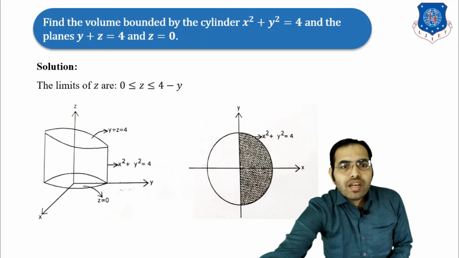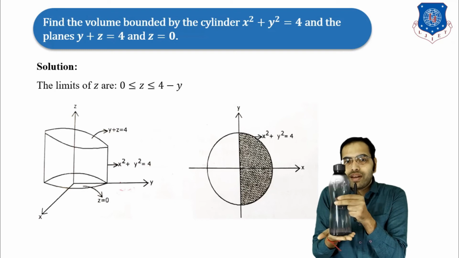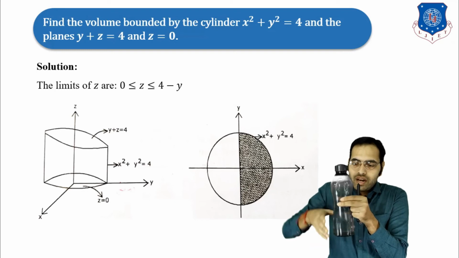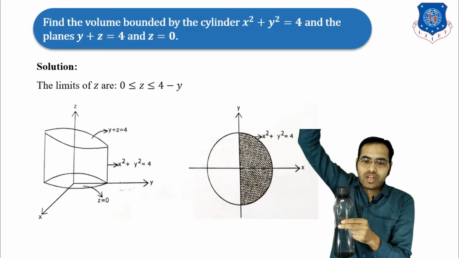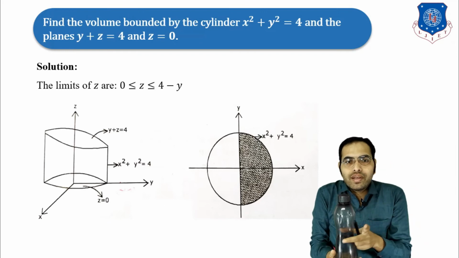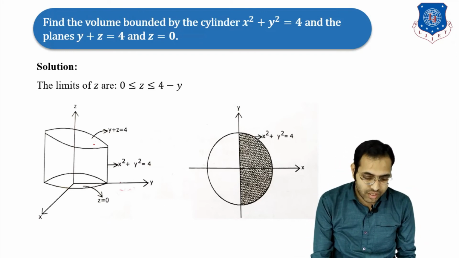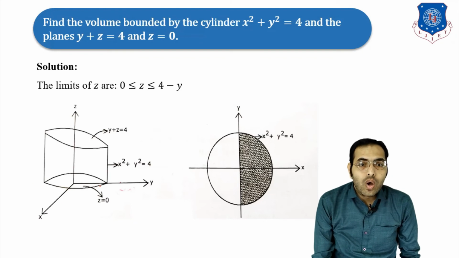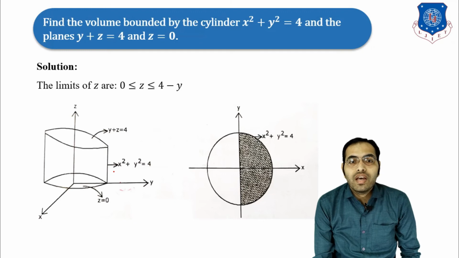Consider this one as the cylinder, which lies on the z equal to 0 plane, that is at the origin, and the upper side goes up to infinity, meaning this cylinder lies from 0 to infinity. Here this one is our x axis, here y axis, and this one is the z axis. This is the equation of the cylinder, x square plus y square equal to 4.